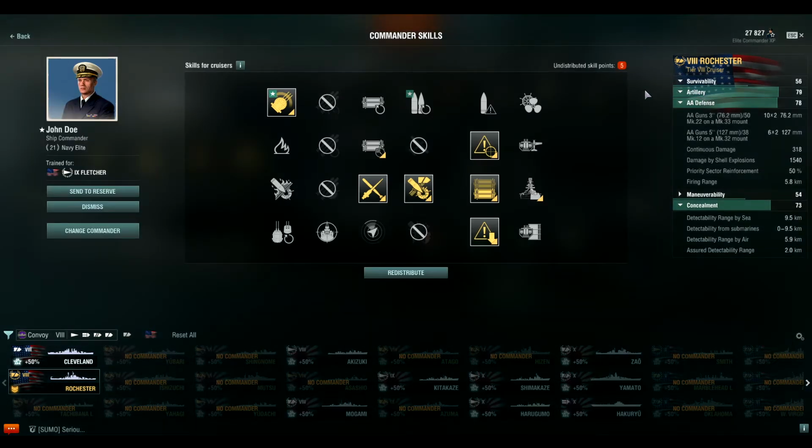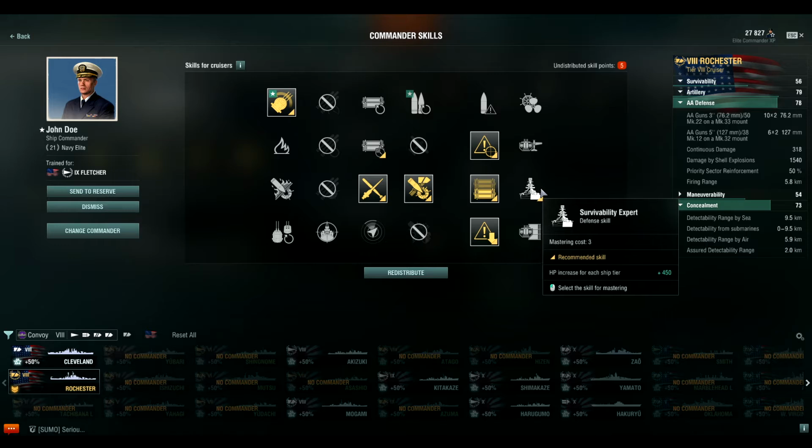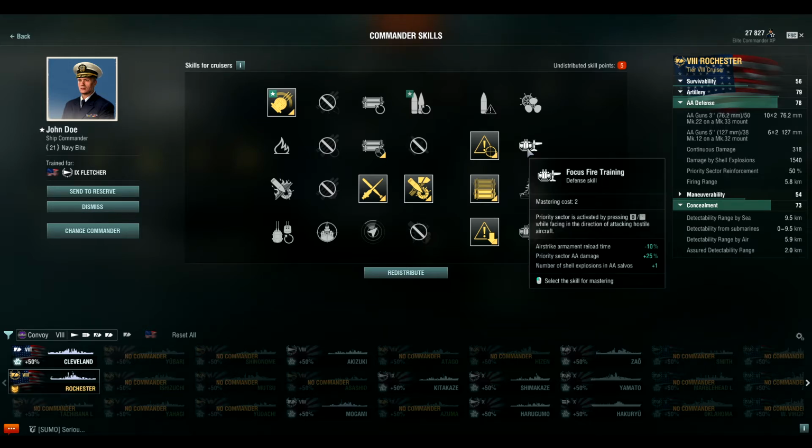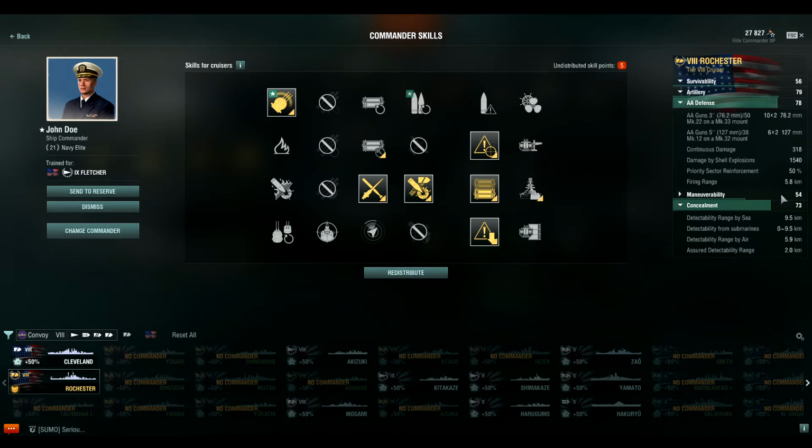I put my Jodo on here, which also happens to be my Alaska and my Salem captain, and I bumped him up to 21 points. I don't know if you saw before, but I was at like 1.4 million up here. Now I'm down to 27,000. So I am kind of debating what I'm going to do. I might end up going backwards on this at some point in the future, but I'm actually going to be adding the priority target AA damage because it also adds a shell explosion